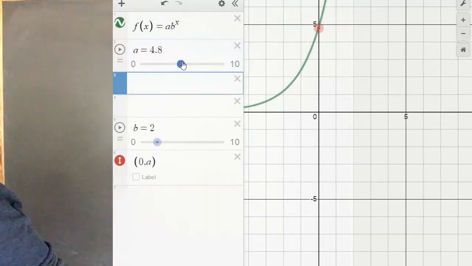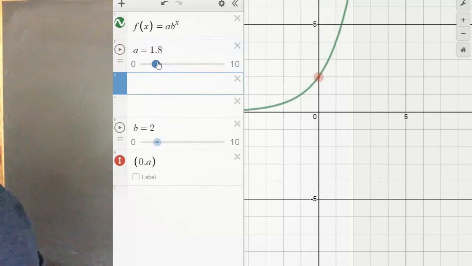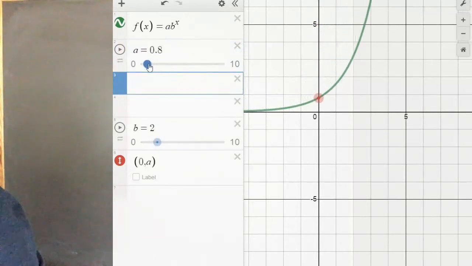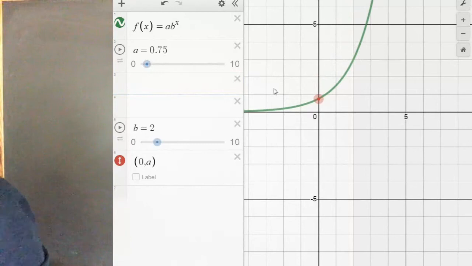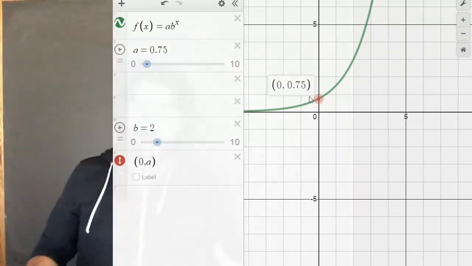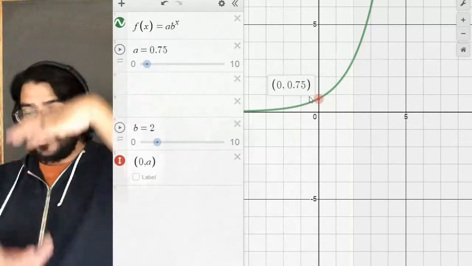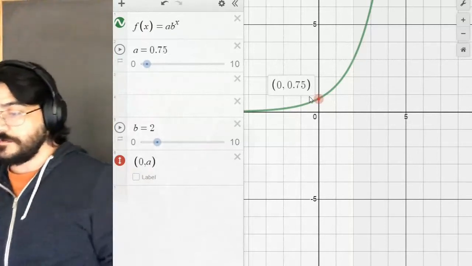And if we go back in the other direction, we can go to numbers that are less than 1, and it gets then squeezed down to something like 0.75. And so now the y-axis gets squeezed down. So the value of a when it's positive is telling you how much stretching or squeezing is being done on